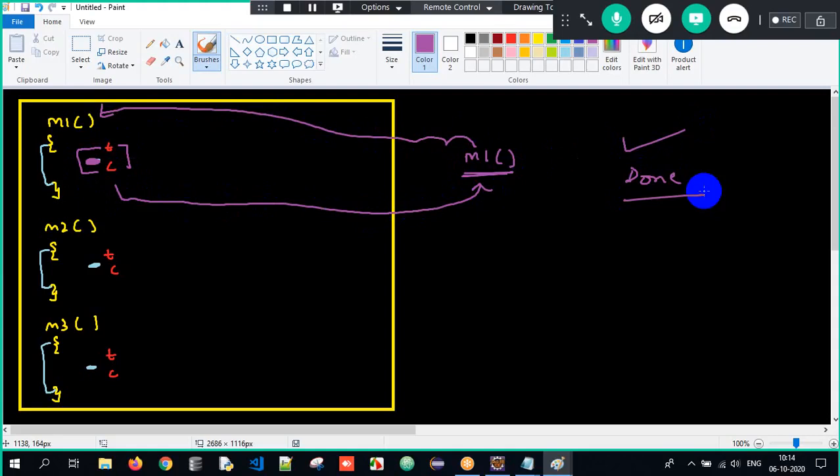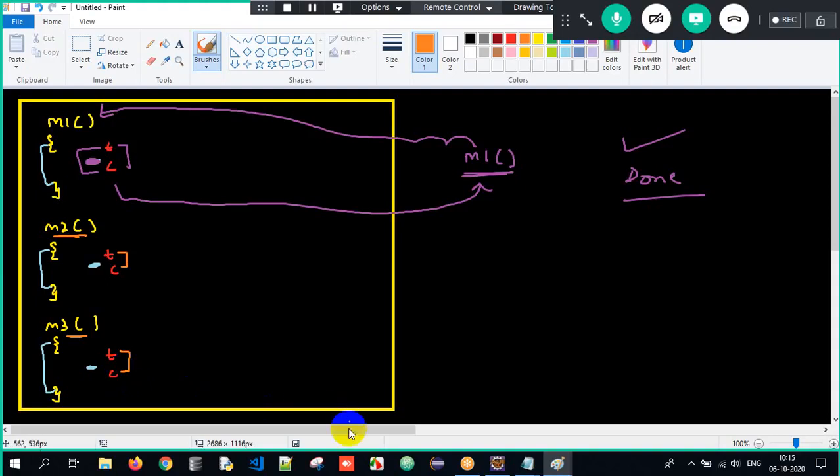But now tell me, your execution is done, but there is M2 method and M3 method which you have not called, which you have not used at all. Don't you think so? Unnecessarily, I have handled it with the help of try and catch block here. M2 method and M3 method, I'm not trying to invoke or use, but unnecessarily I have handled them with try and catch block. This is misuse of costly resources.